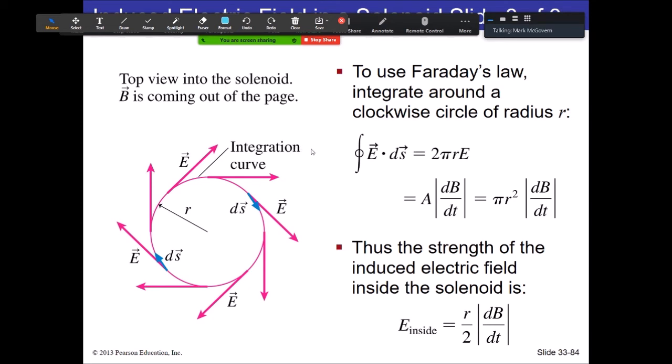It may seem astonishing that it increases, but it can only increase in the space where the magnetic field is changing. So while it might seem amazing, like, oh, a mile away I can have a huge electric field, well, if you can manage to have a magnetic field that changes in the space that encompasses an entire mile, then yeah, but that's not something that's easy to do. So,